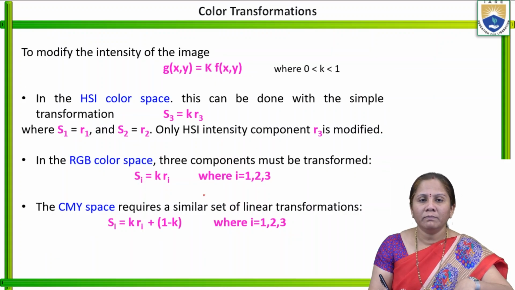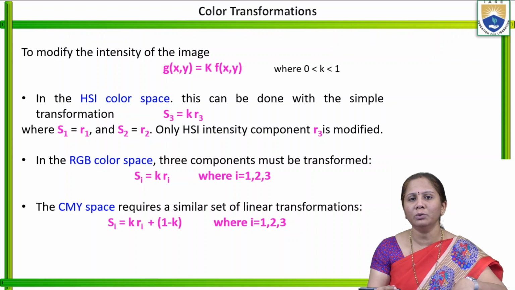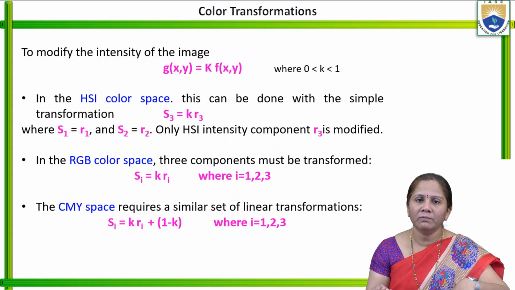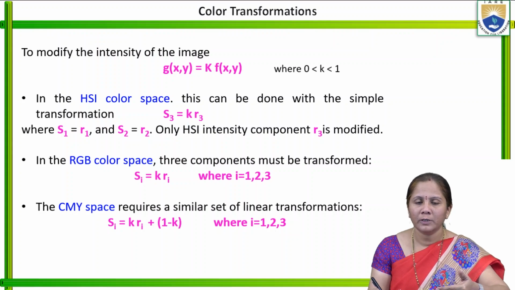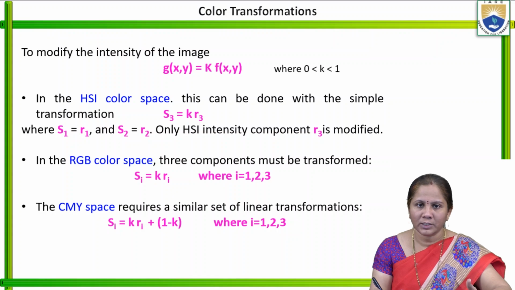So we have converted the full color image into three different models. First, we converted that full color image into CMYK. Next we have seen RGB, and next we have seen HSI. Before that, we learned how to make the formulation for the color image. Now, considering that formulation, let us apply the concept we have seen while converting that particular full color image into CMYK or RGB or HSI.